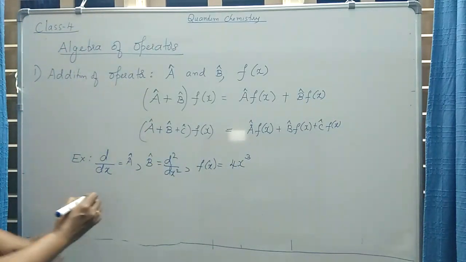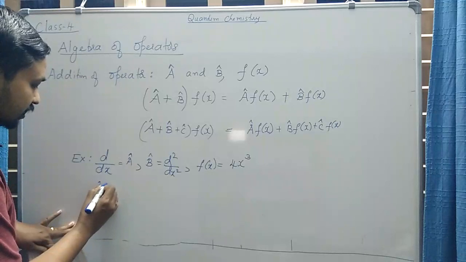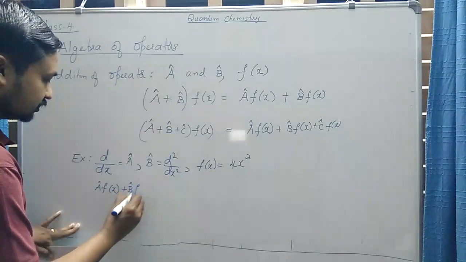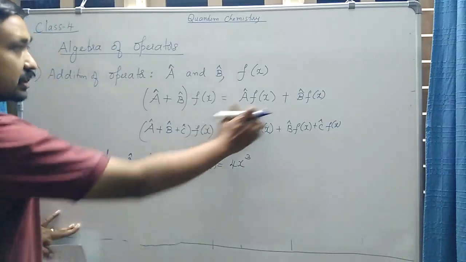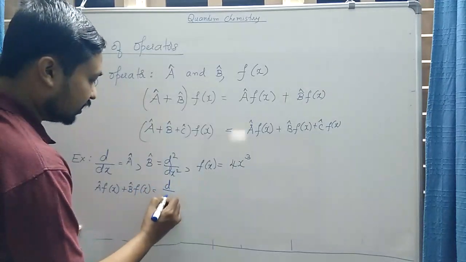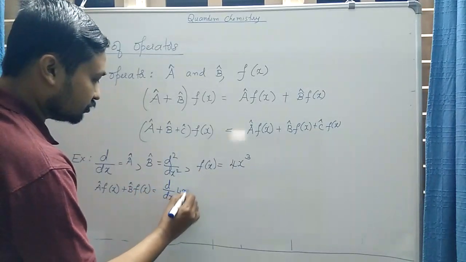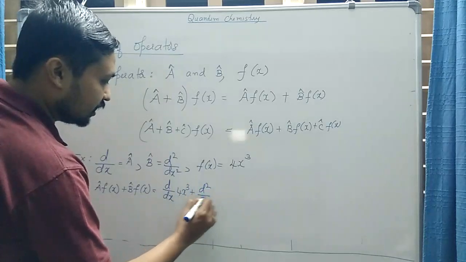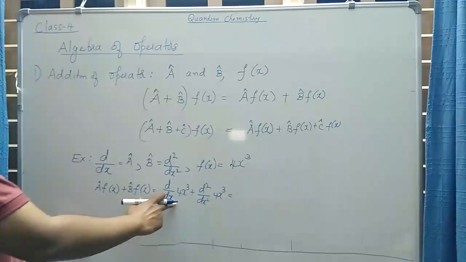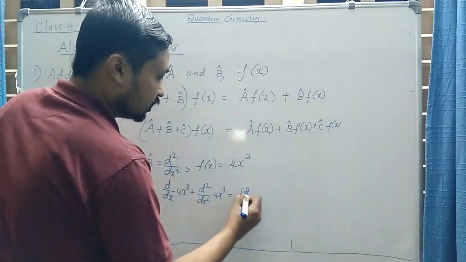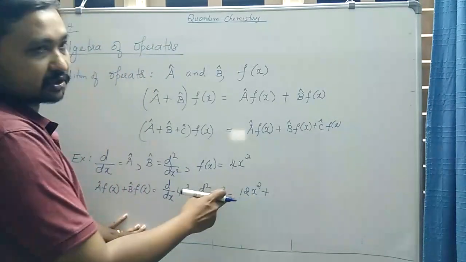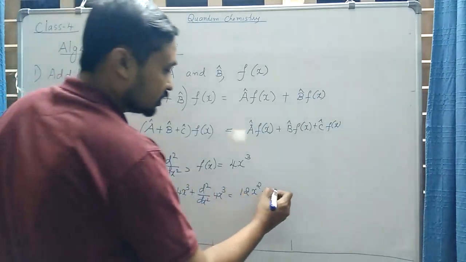Suppose I had applied individually A of f of x plus B of f of x, that is the RHS of this equation, what would be the result? d by dx of 4x cube plus d square by dx square of 4x cube. Differentiation gives 12x square plus, first differentiation of 4x cube is 12x square. If I again differentiate it, it becomes